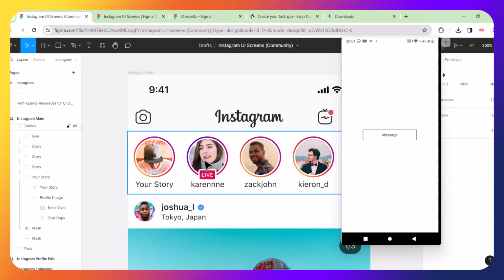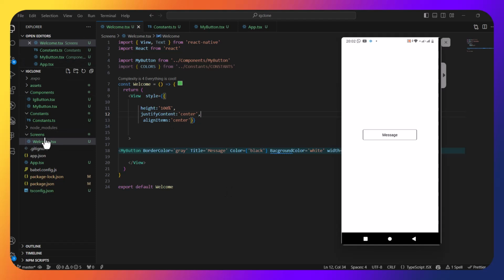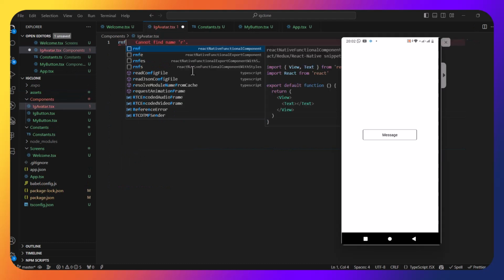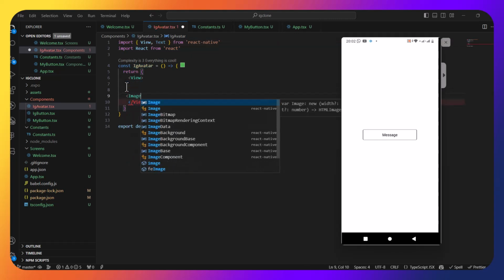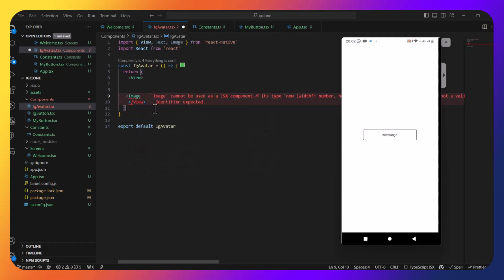So let's create this component. Let's go back to components, and then let's say IG Instagram avatar .tsx, RNFE. What we want here, we want an image from React Native. It's a self-closing tag. It will take a source,